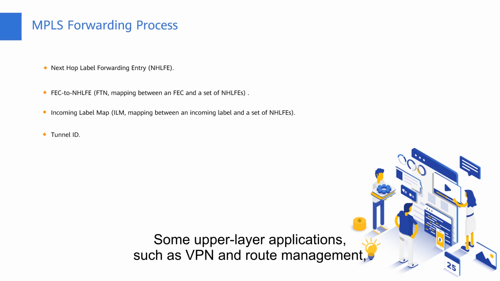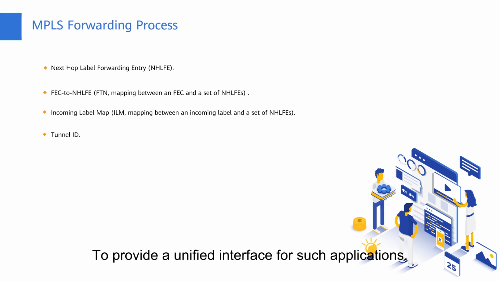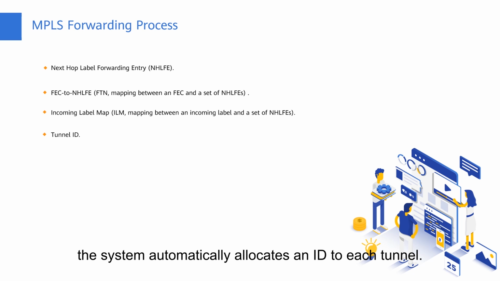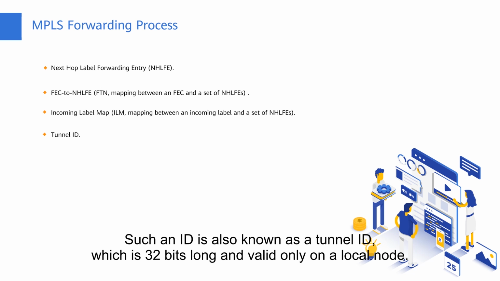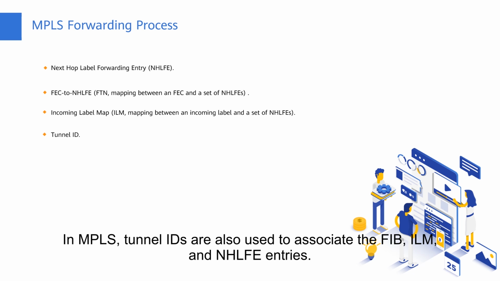Some upper layer applications, such as VPN and route management, may use tunnels. To provide a unified interface for such applications, the system automatically allocates an ID to each tunnel. Such an ID is also known as a tunnel ID, which is 32 bits long and valid only on a local node. The tunnel ID is allocated to each tunnel. In MPLS, tunnel IDs are also used to associate the FIB,